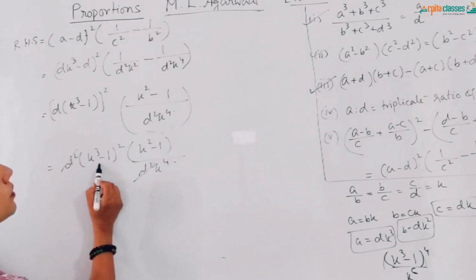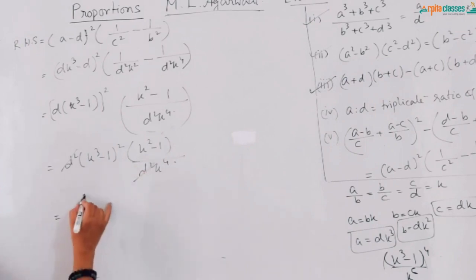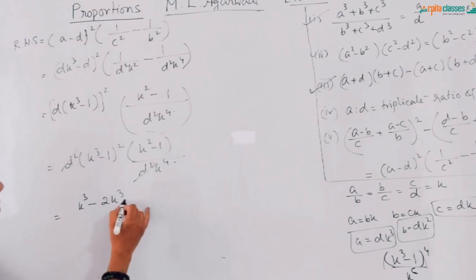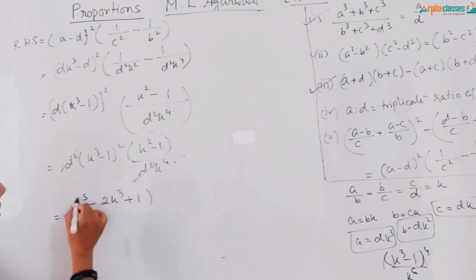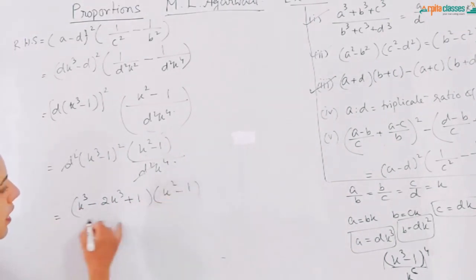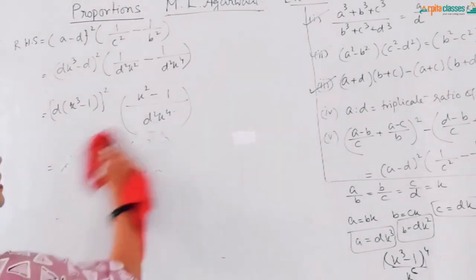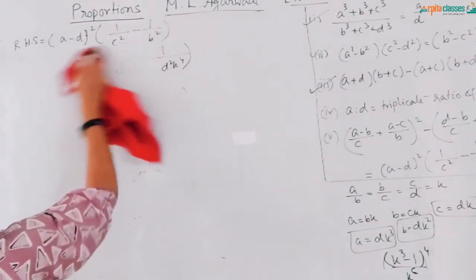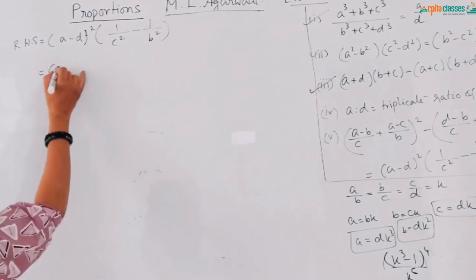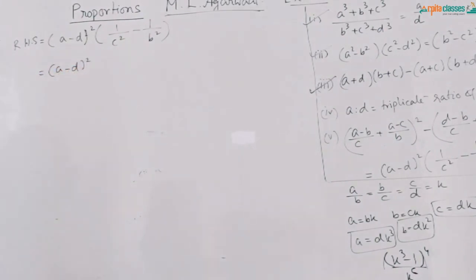This is k cube minus 1 whole square, this is k square minus 1. So this is k cube minus 2k cube plus 1 into k square minus 1 upon k to the power 4. Minus 1. Something is wrong over here. Let us see. Let us do one thing. A minus d whole square. So the last question of question number 23,